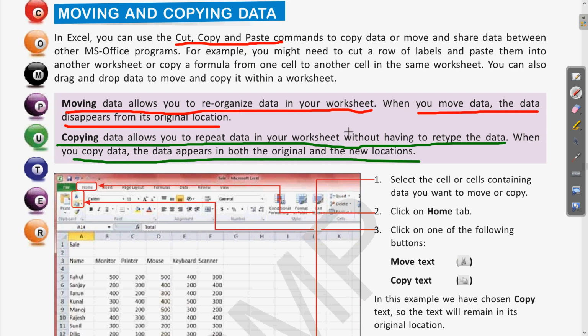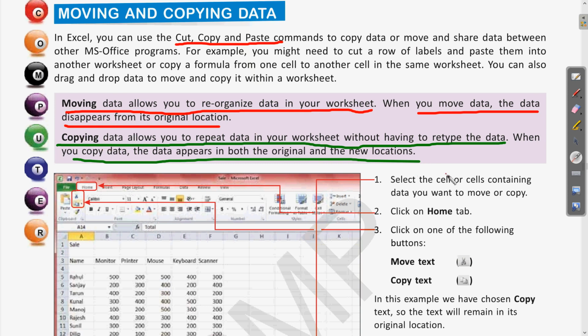So this is the difference. When you move the data, the original data disappears. Clear? Means it is deleted and it is moved to a new position. But when you copy the data, the original content remains there and a duplicate of that is created at the new location. So this is the difference between moving and copying.